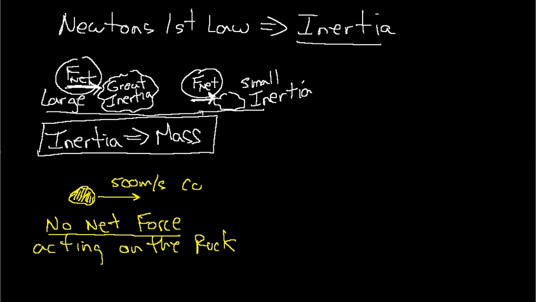So this will be constant, won't change, at 500 meters per second, and it'll do that until something acts on it to slow it down. Could that be? Well, suppose it's going along this way, moving at a constant velocity of 500 meters per second. There's no net force acting on it. It's going to continue to do that forever